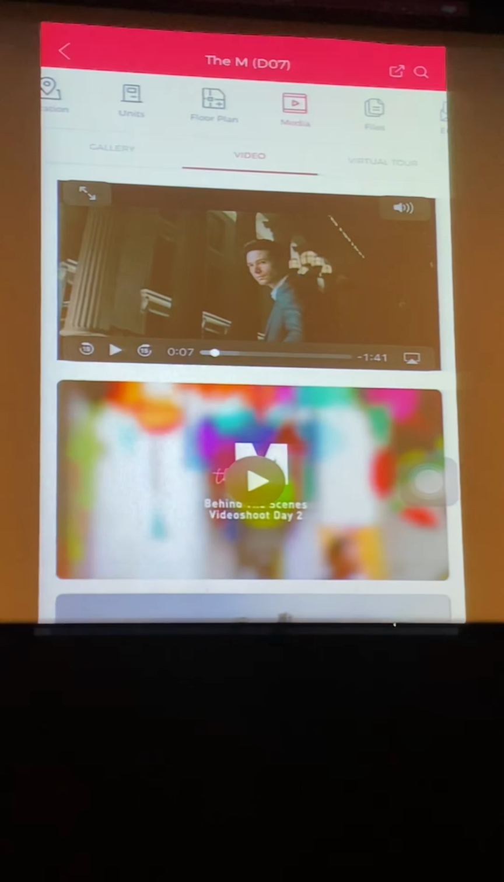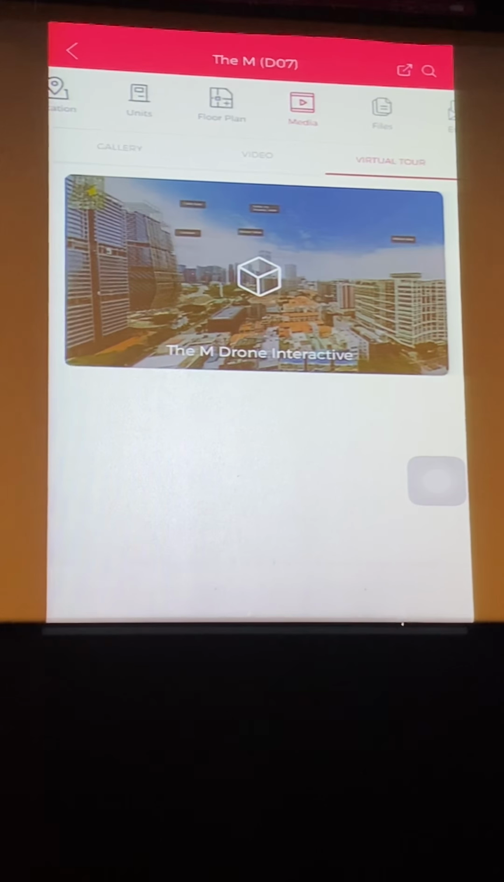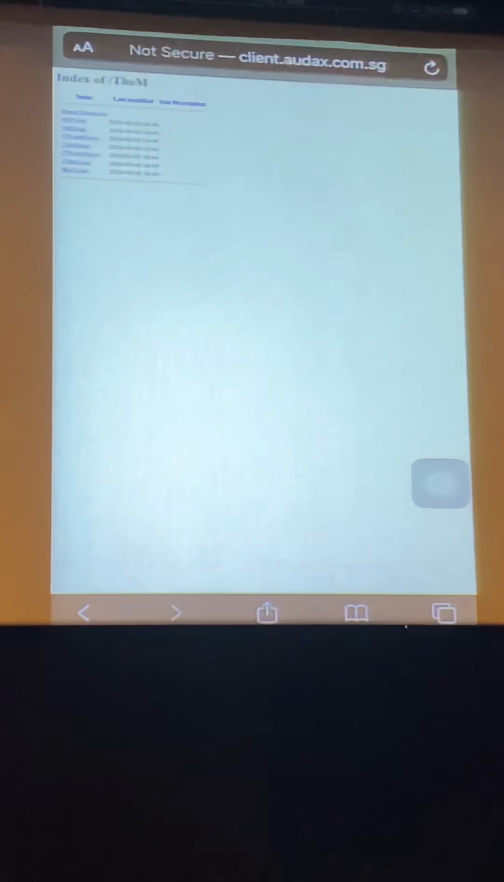Okay, so you can click and view, and there are also the drone interactive. So this one, you'll just pay attention. This one is quite useful for you guys. Once you go in,